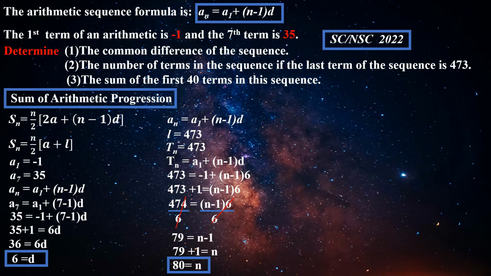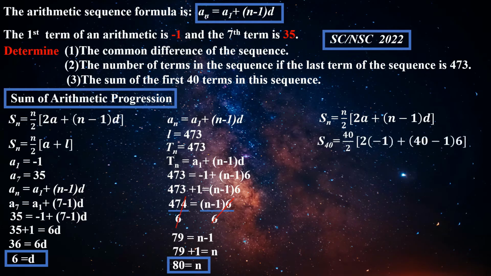So we have 2 formulas. You can choose what you want, but I'm just going to use this one because it is the most used formula, right? So right here, n is going to be 40, right? So we're going to have 40 over 2 times what is a1? -1, not forgetting the sign, plus 40 minus 1 times 6, right? And if we do that, we're going to